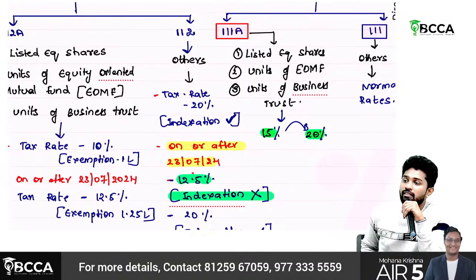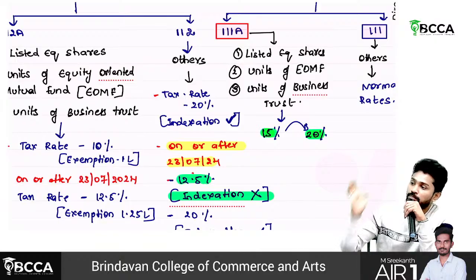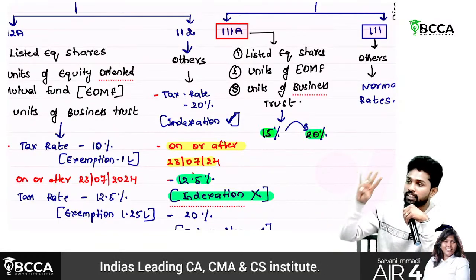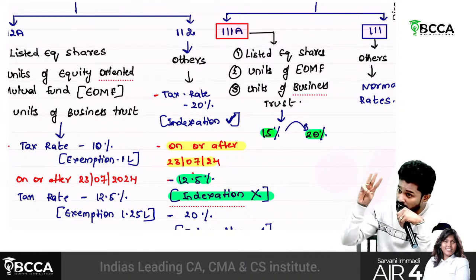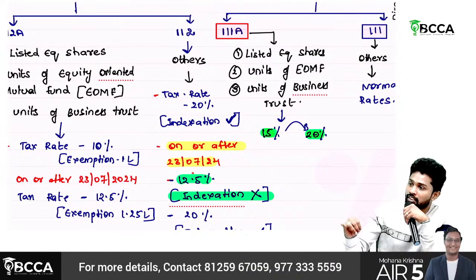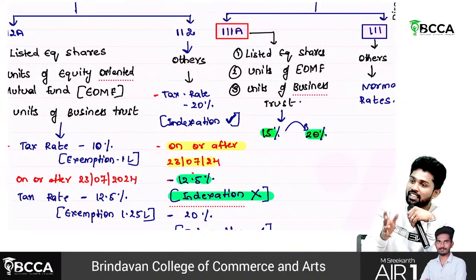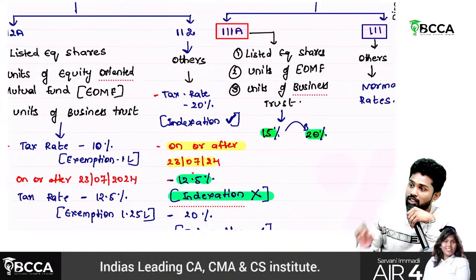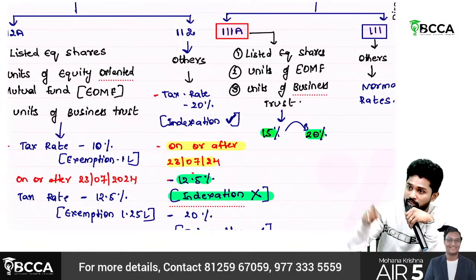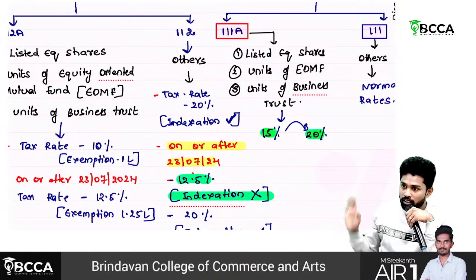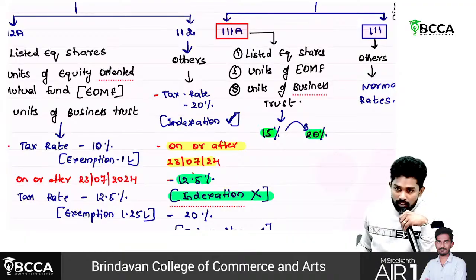So usually, sir, when we call special rate incomes, we think of the whole of capital gains as special rate incomes. But out of capital gains, there are 4 different types of incomes. 3 are special rate incomes. The fourth one is not a special rate income. It is taxable just like a salary or business income. It is short-term capital gains arising from other than listed equity shares, units of business trust, or units of equity-oriented mutual fund. Understand?